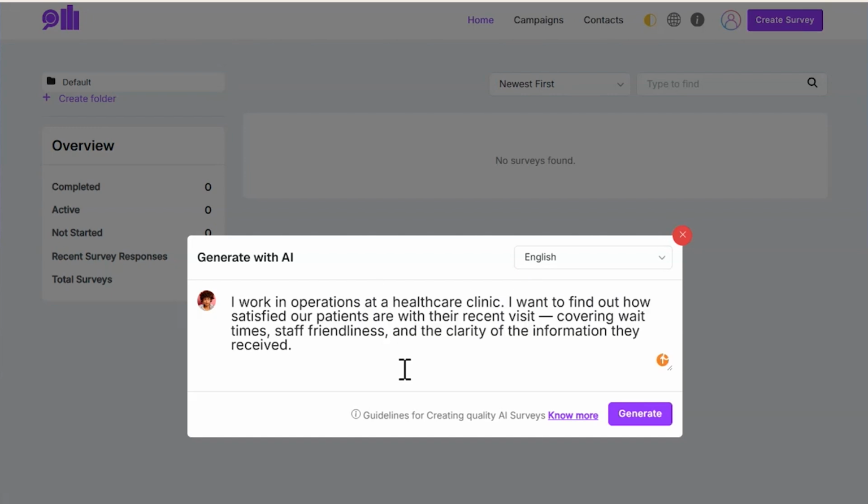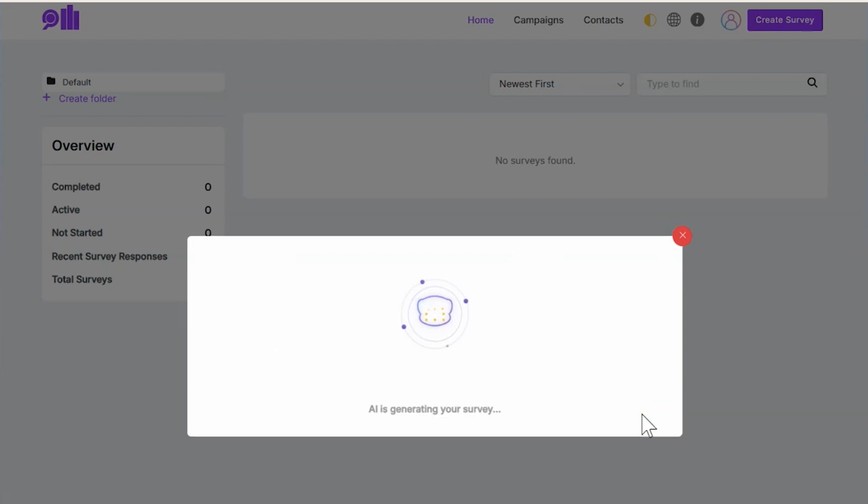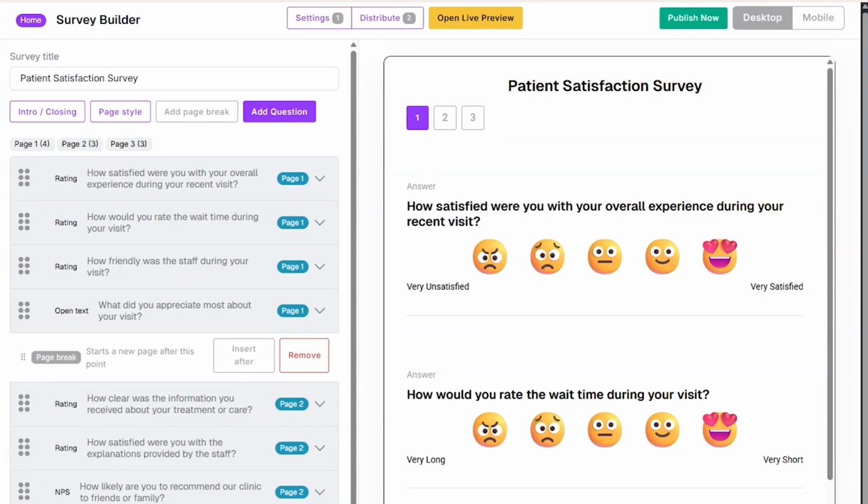Something like, I work in operations at a healthcare clinic. I want to find out how satisfied our patients are with their recent visit, covering wait times, staff friendliness, and the clarity of the information they received. Hit Create Survey. Within seconds, Enquete drafts a complete, ready-to-use survey with questions worded clearly with matching question types for